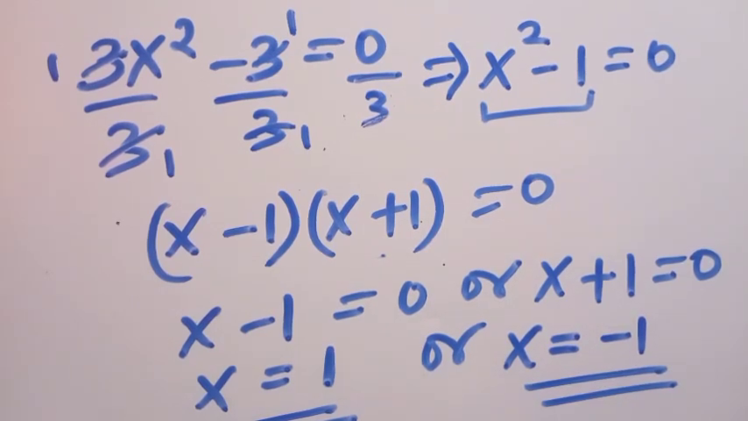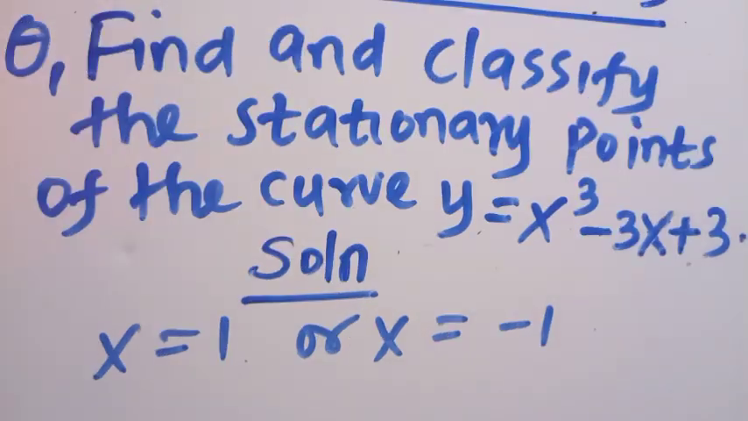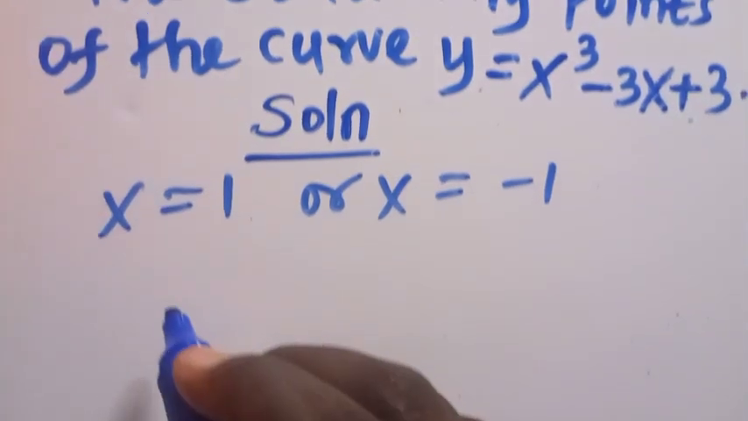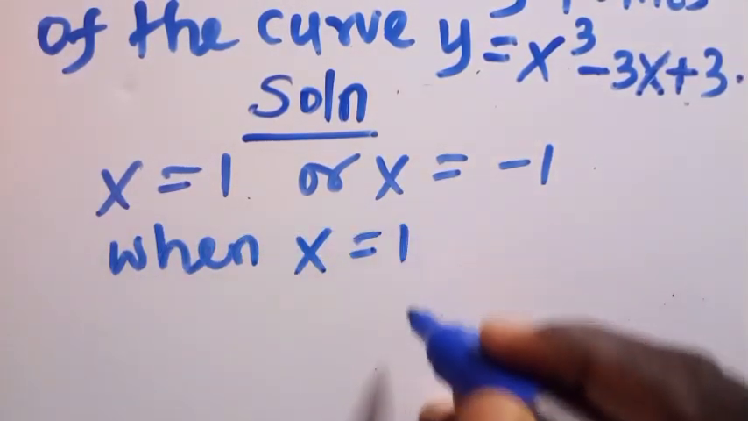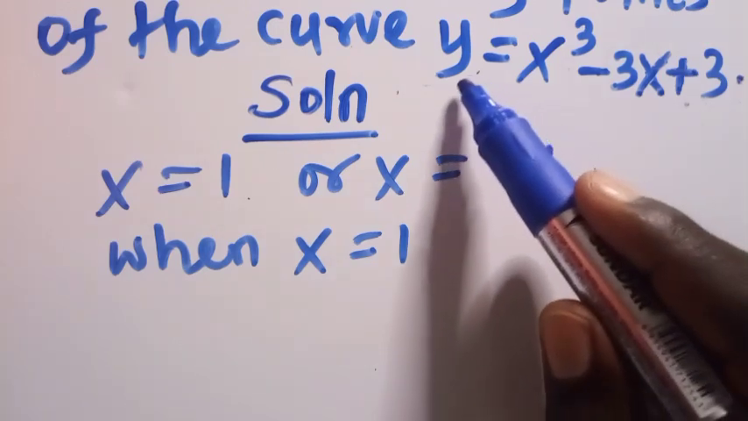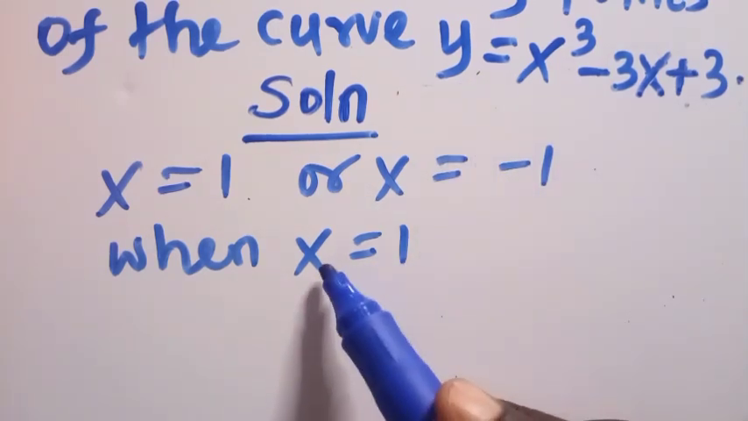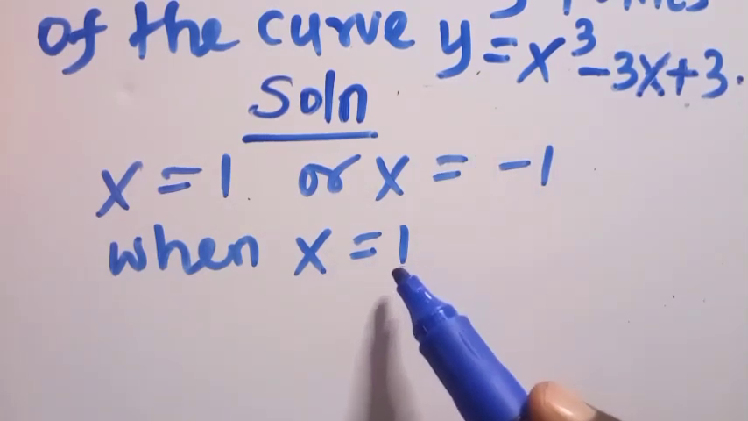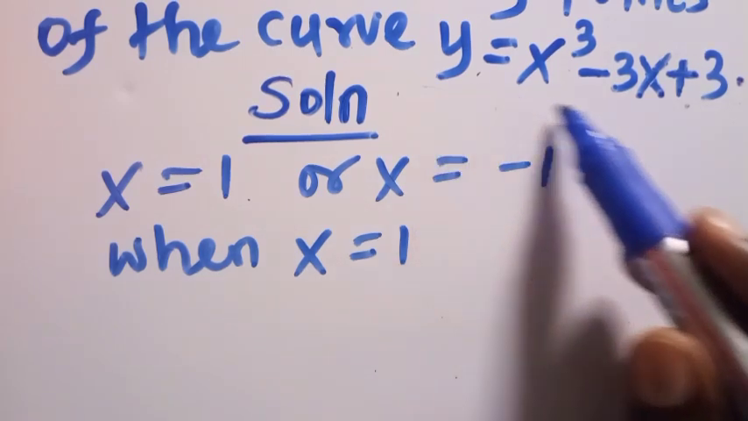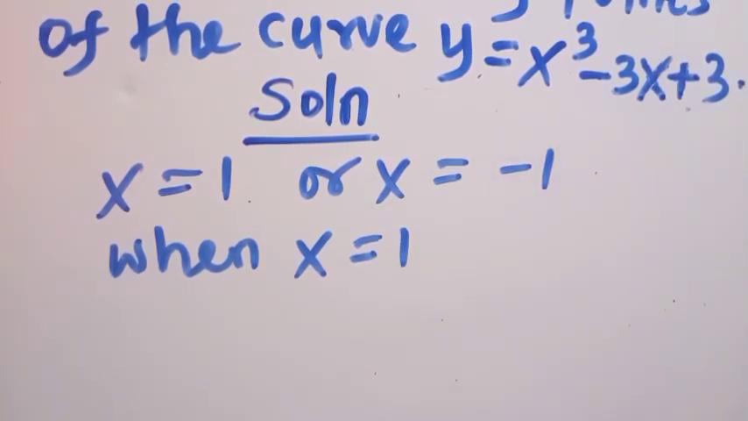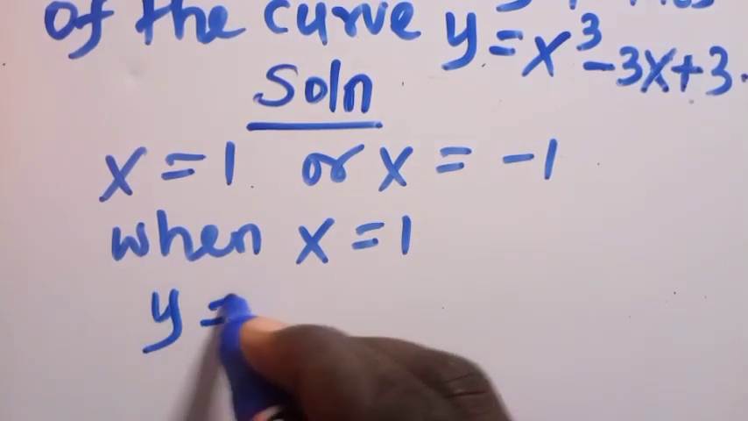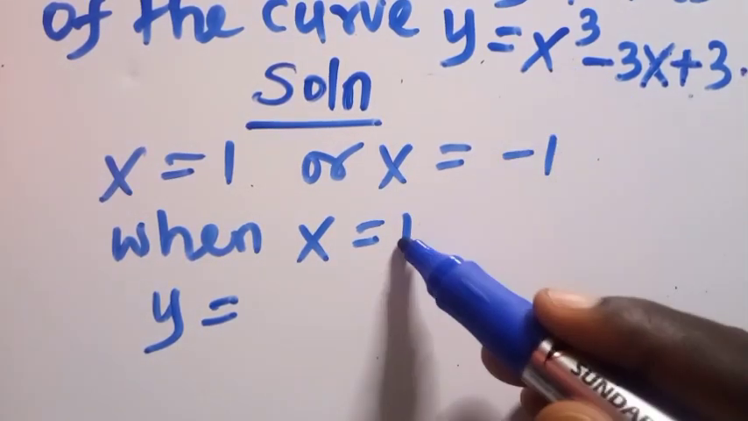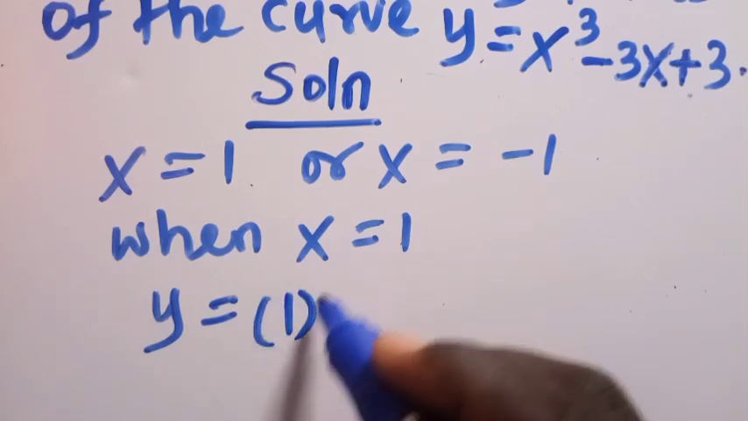Now, we need to obtain the stationary points. That is, when x equals 1, what will be our y? We substitute the value of x, that is 1, into our original equation of the curve. Now, we shall have y as, instead of x, 1, so it will be 1 cubed,